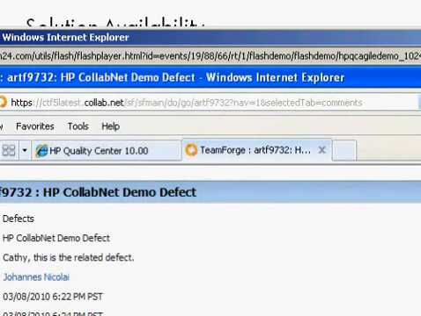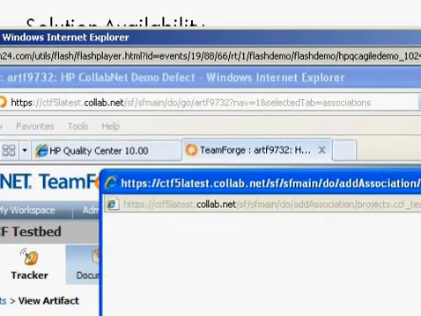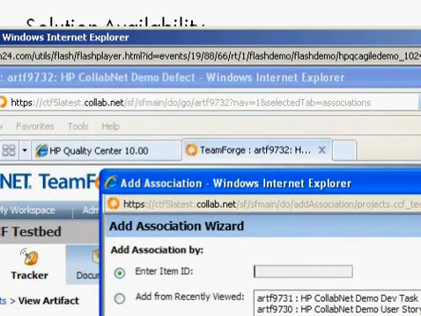As you can see, there's already one association. This has been automatically created for the Subversion commit Jennifer just did. Now Paul creates another association for this artifact. This is basically to show that you can not only create associations to commits, but also associations to any other